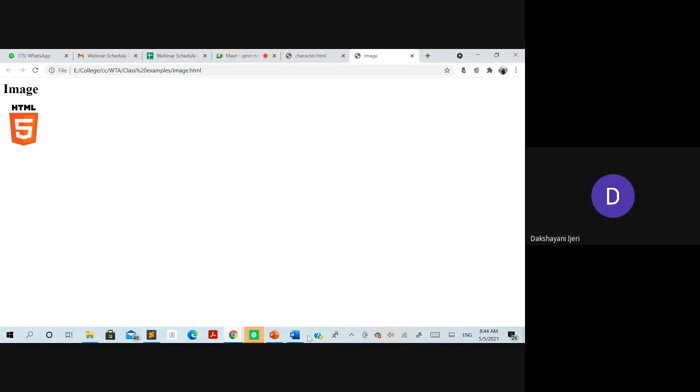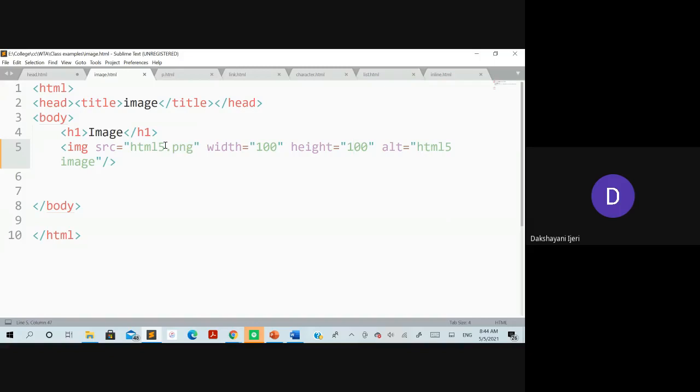I'll try to make a correction here. Purposely I'll take a file which doesn't exist. Let me see how it works. Okay, so you can see here HTML15 image. So purposely I have taken the file which doesn't exist.